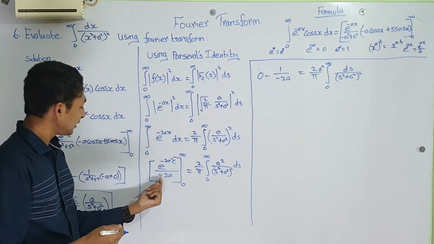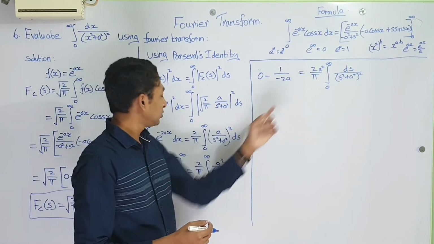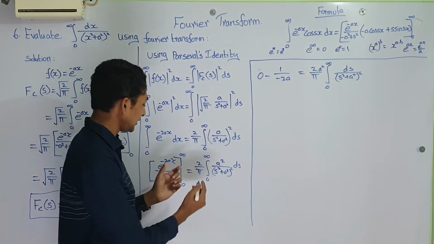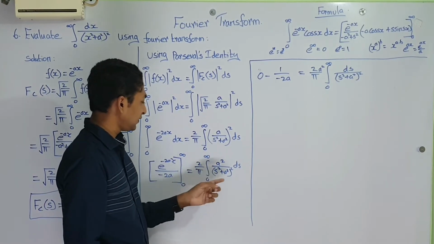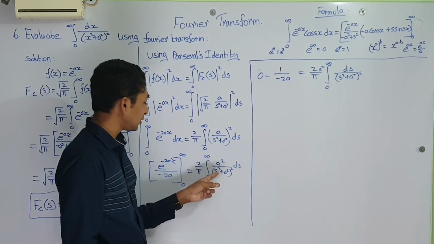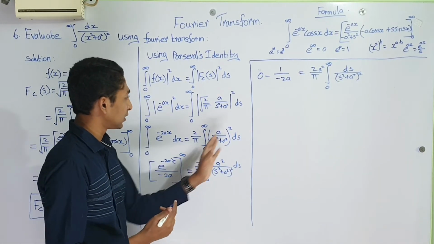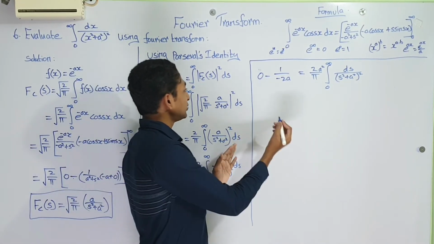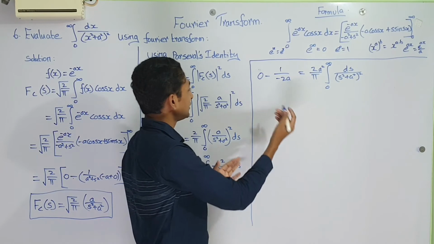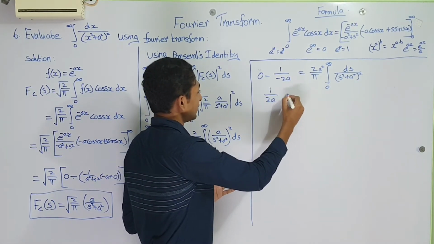So this 1, and the denominator minus 2a is there, we have put that minus 2a, and it is equal to this a square we have written along with it. So 2a square divided by pi, integral 0 to infinity, this ds we have put here, so ds divided by a square plus a square the whole square. Next, what are we going to do? We have minus and minus, so they become plus. So when we multiply minus, it becomes minus plus, so 1 divided by 2a, therefore